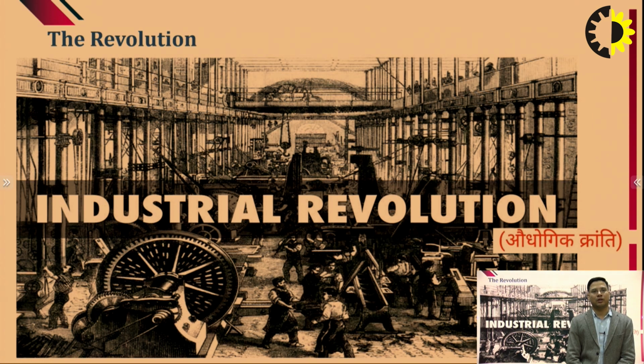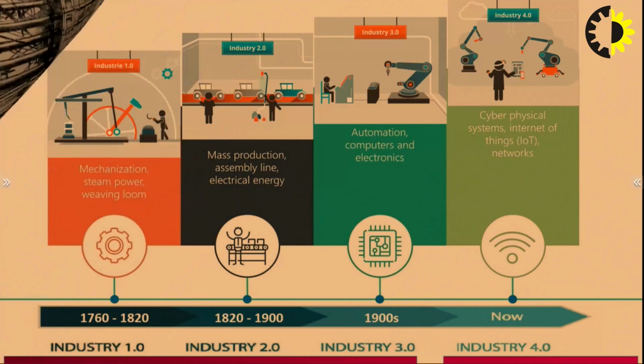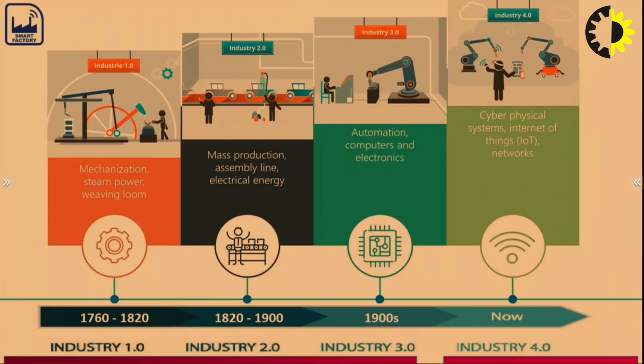The automation we have in industries nowadays is not a result of a night, a day, or a month, but has actually taken some decades, some centuries to evolve into what we have today. Going back in time, when machines were first used in industries, we call that an industrial revolution. With the invention of mechanical machines, or mechanization,